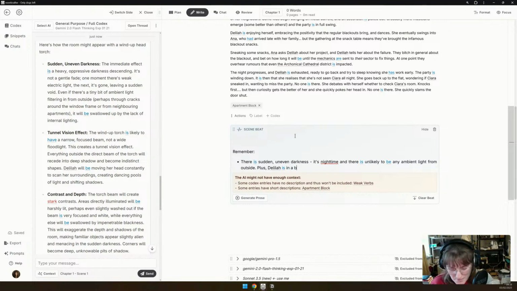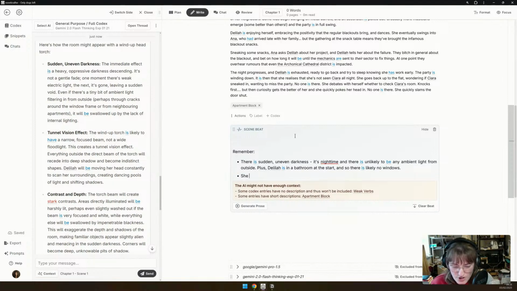She's in a bathroom at the start, and she has a wind-up torch, which has a weak but narrow focused beam when moving around the house, the flat, apartment.